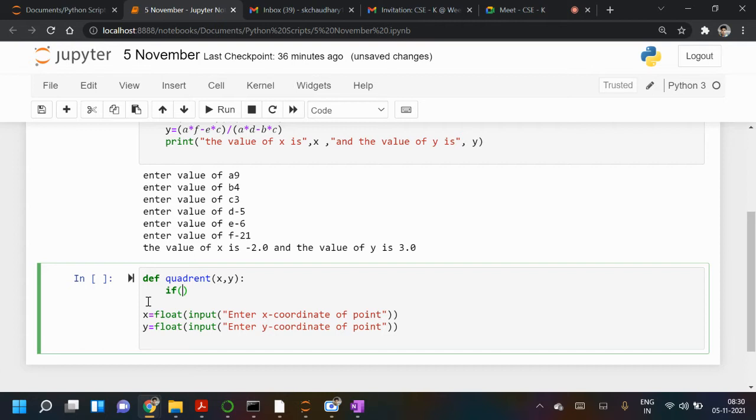Yeah, so anyway, there are many ways of writing, but we can write in one way.